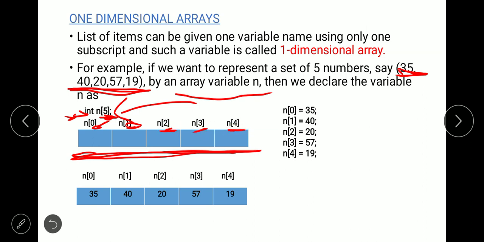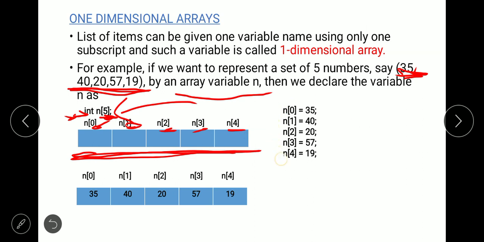So n of 0 indicates the first element, n of 1 the second element, n of 2 the third element, n of 3 the fourth element, n of 4 the fifth element. Understood? So each element will be represented by using its subscript. Whenever I say n of 0, it is the first element, that is 35.